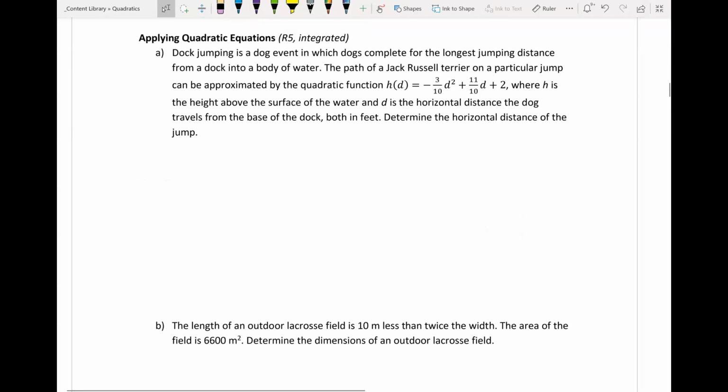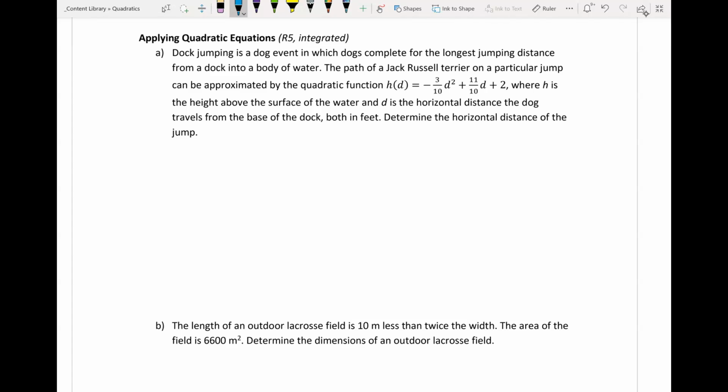Now we have one more set of examples here, and it has to do with word questions. So now that we know how to solve quadratics by factoring, we can apply this to a word problem. We are given the function already for the quadratic, but we also need to understand the context. So we have a dog event where dogs complete the longest jumping distance from a dock into a body of